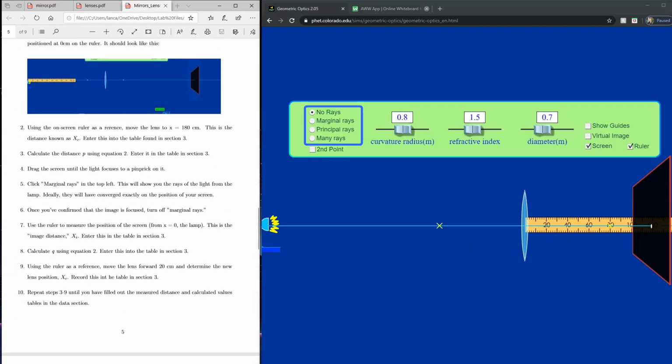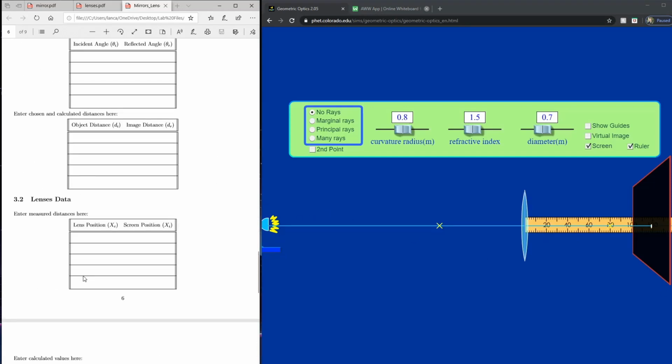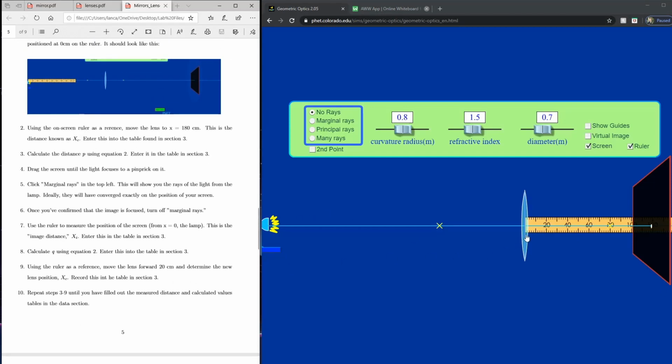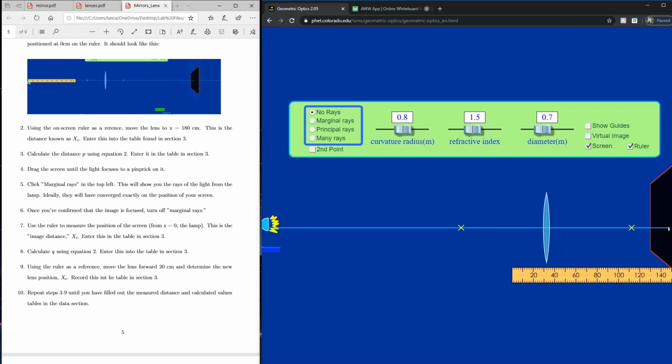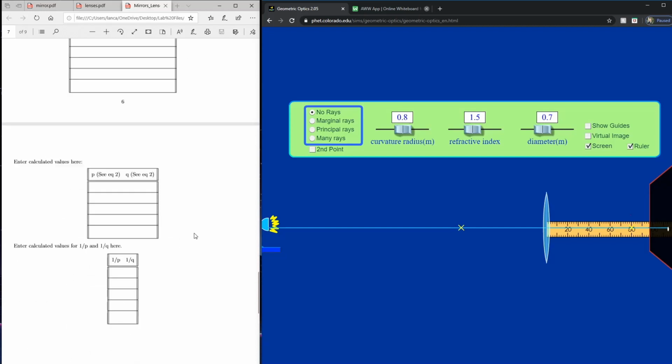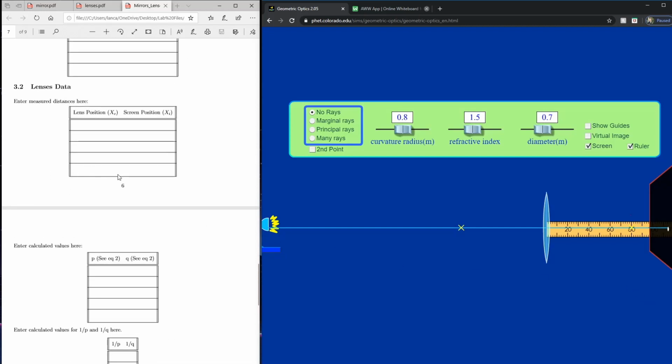And moving on to the last measurement, so you should only have one more row to go in your data here. Going to move this forward 20 centimeters. So now the lens is centered at 260 centimeters, and then we're going to refocus the light once again on the screen here. That looks good to me, and we're going to measure that distance. So that looks to be about 115 centimeters. So the lens is at 260 centimeters plus 115 centimeters gives us a distance for the screen of about 375 centimeters. So go ahead and plug in 260 centimeters here, 375 centimeters here,